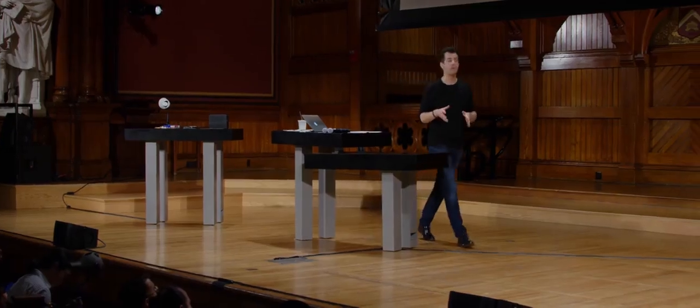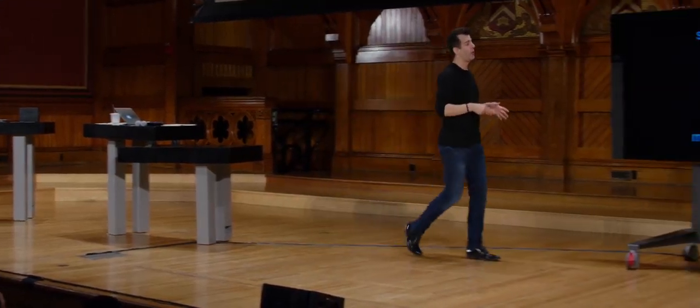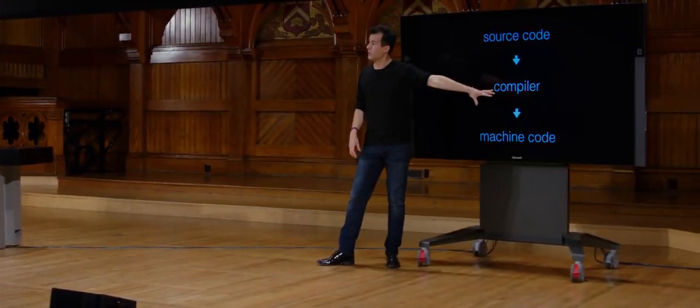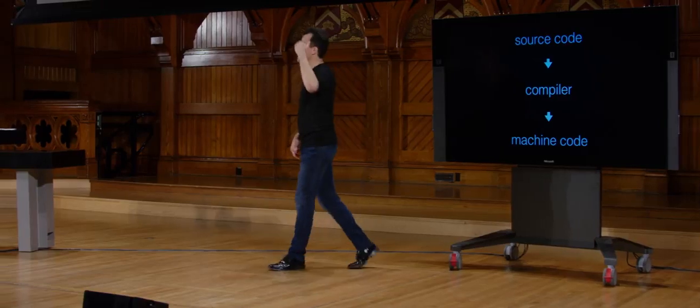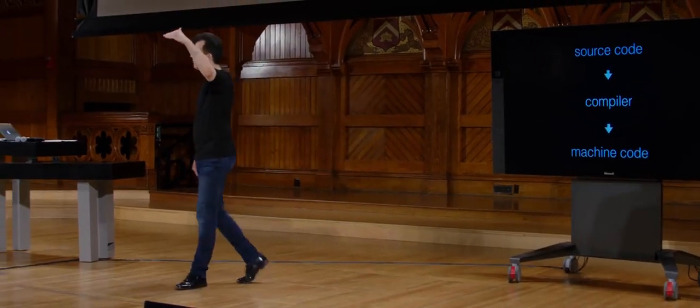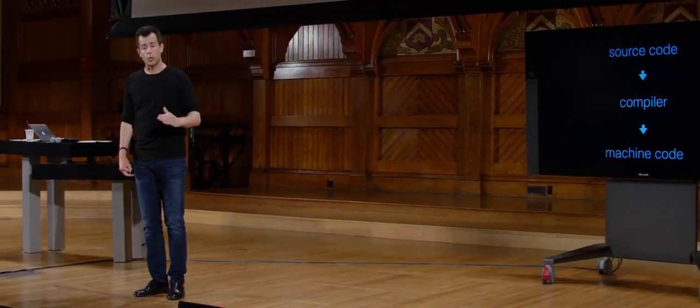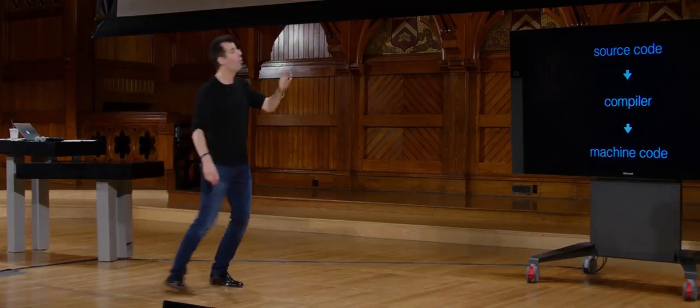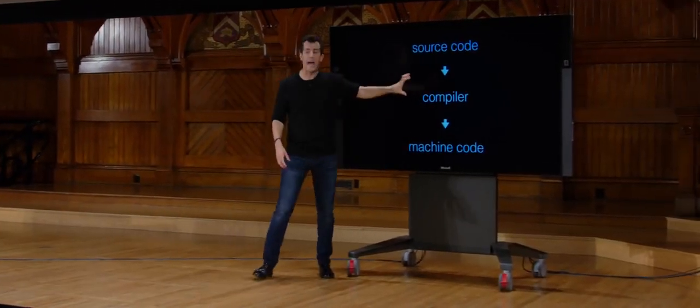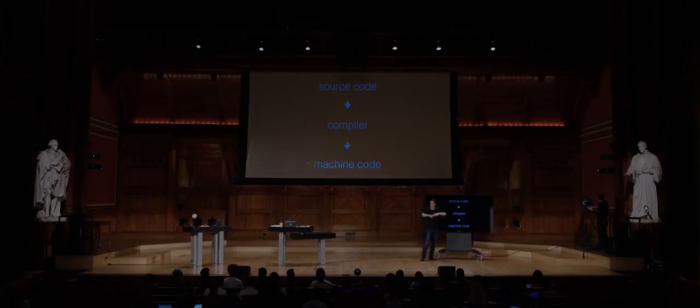Thankfully, humans who've come before us have invented software, generally called compilers, whose sole purpose in life is to translate source code, like we've been seeing on the screen, into machine code, zeros and ones. And in fact, this is a whole research area in computer science as to how to do this well, how to do it quickly, especially for really big programs. This is a tool that we'll use in CS50